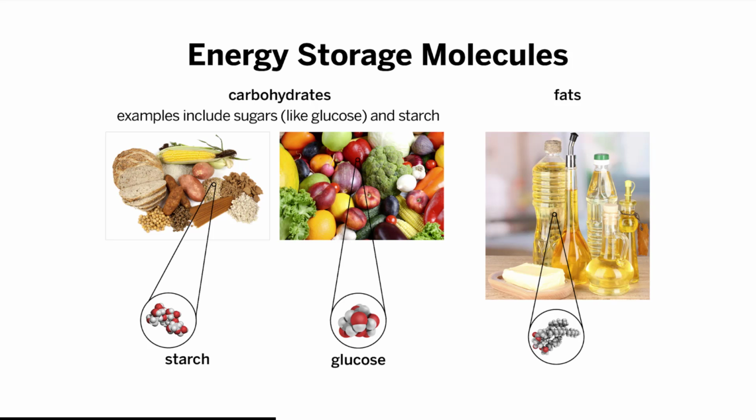All of these different types of energy storage molecules are broken down by the body and are used to release energy. Energy storage molecules such as starches and fats are too large to pass through a cell wall. When the body needs these larger molecules, they are broken down first into glucose, which does pass through the cell wall. Once inside a cell, this energy storage molecule can be used, along with oxygen, by the cell to release